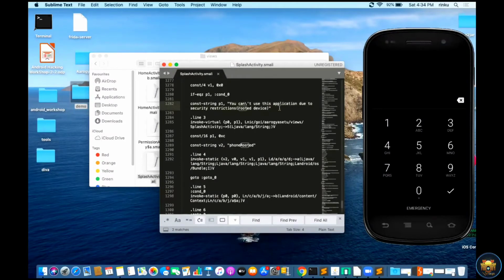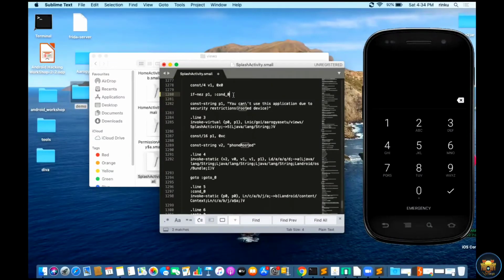So what I can do is negate this value, make it if-nez, not equal to 0. I just modify it. In the case of a rooted device, this value is always not 0.